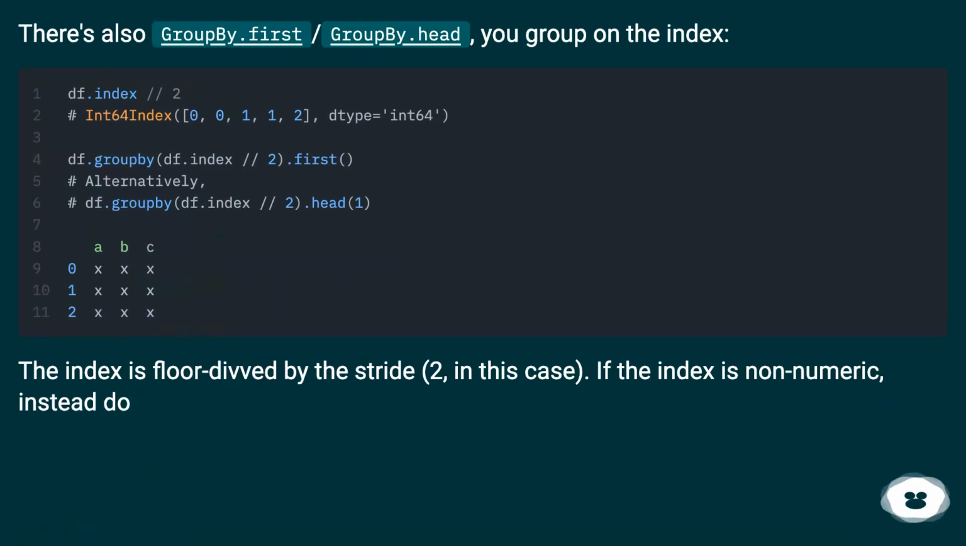There's also groupby.first/groupby.head, where you group on the index. The index is floor divided by the stride, 2 in this case. If the index is non-numeric, instead do